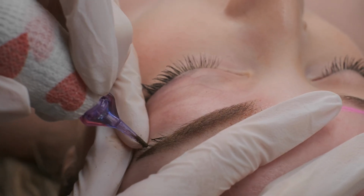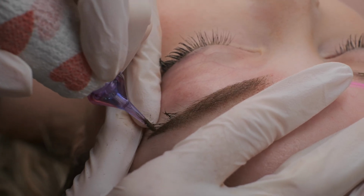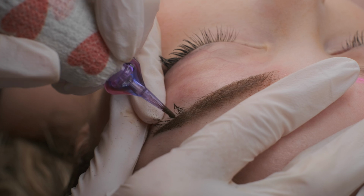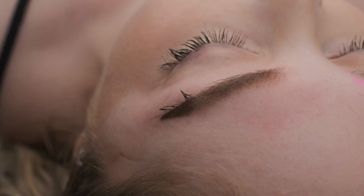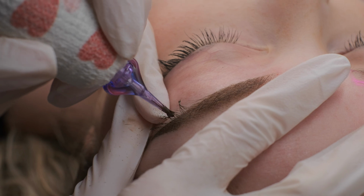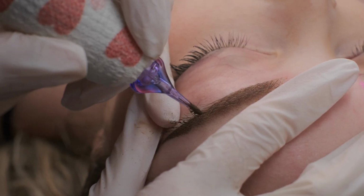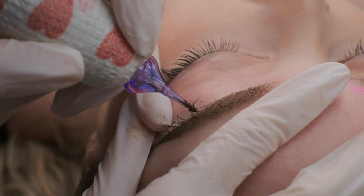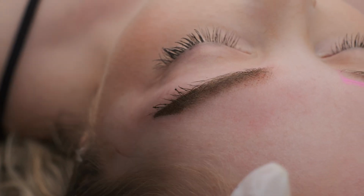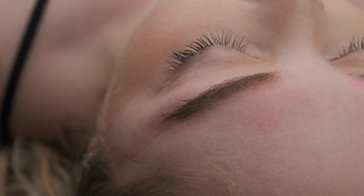But it's okay, we can see pigment inside, so it's perfect. I will shorten my movements a little bit, and I have to be quite quick, because with this kind of skin you shouldn't work for a long time, because as you can see, skin is not really happy about the tattoo,